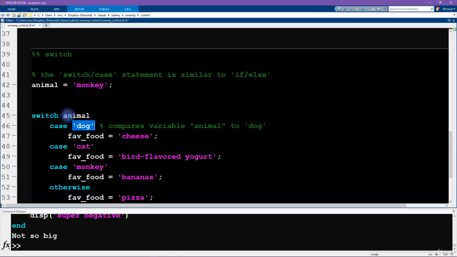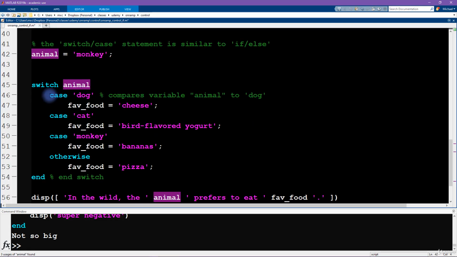So here we specify that the animal is monkey. In the case that animal, because that's the variable that appears after switch, equals what appears after case, then we set the variable fav food, so favorite food,